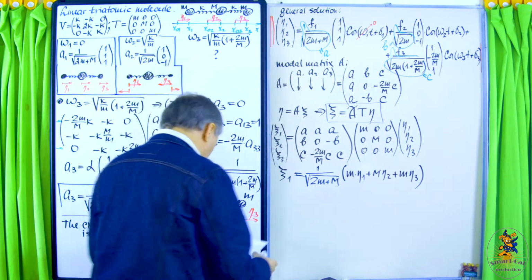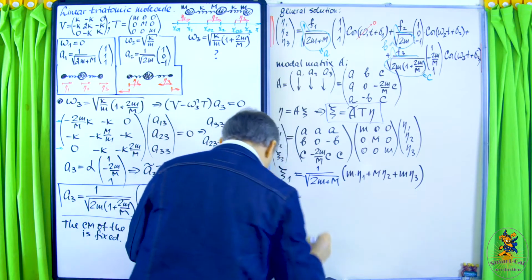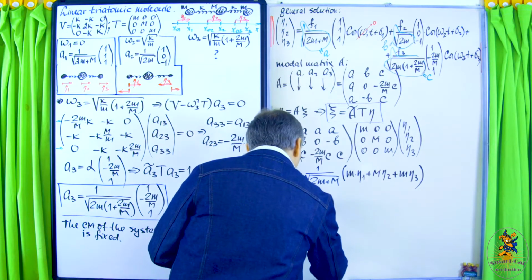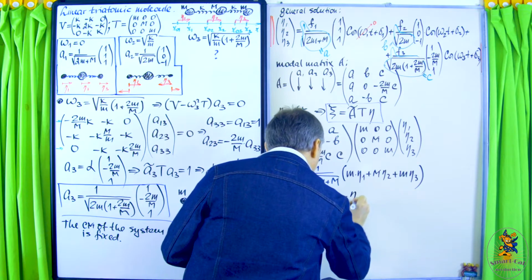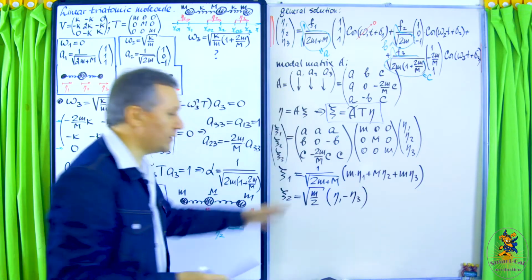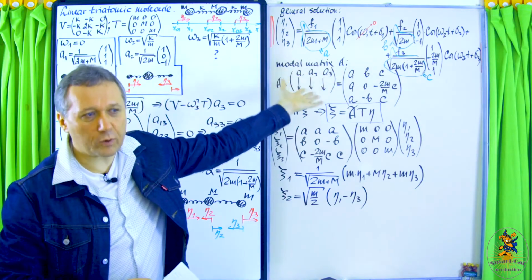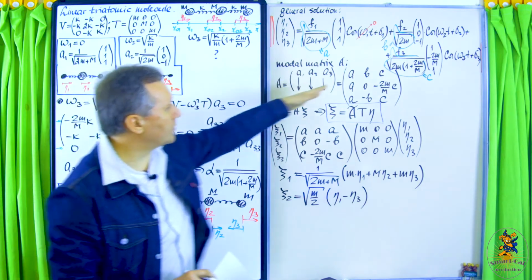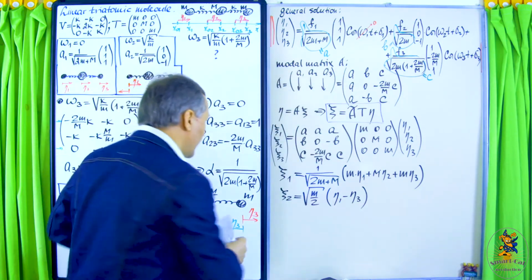All right, so then the second one, psi2. Okay, this is the easiest one. It will be square root of m over 2 and eta1 minus eta3. You see, immediately I went back to our constants of the system, m capital, m small, and so on. So I dumped these constants. Okay, and the last one,